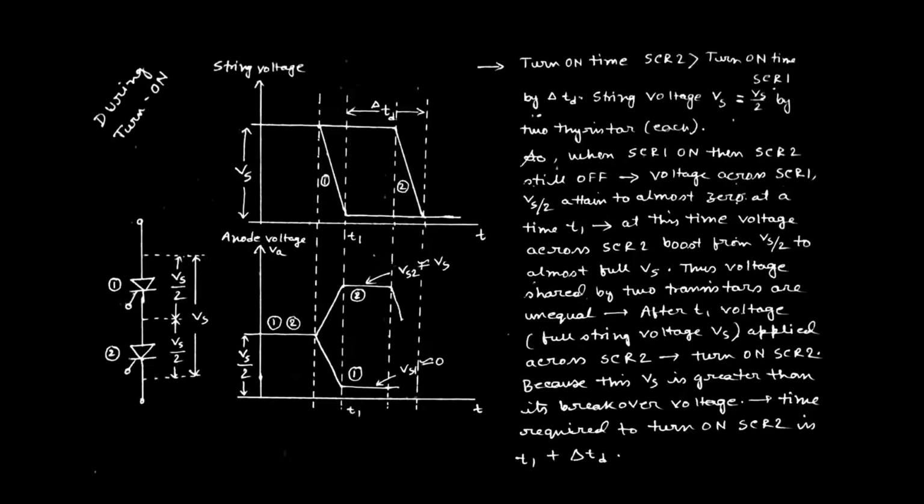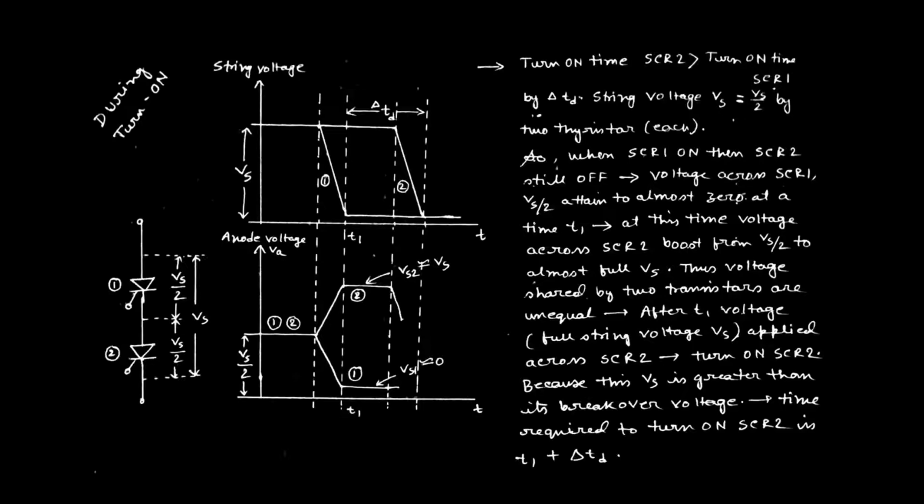Actually, static equalizing circuit is confined to a particular value of resistance through which we can distribute the equal amount of voltage across each SCR of the string during steady state operation. Okay, but we cannot neglect what will be the voltage appearing across during turn on and turn off. That is why this topic is confined to the dynamic equalizing circuit, or rather to design the dynamic equalizing circuit. So first, that is what happened during turn on.